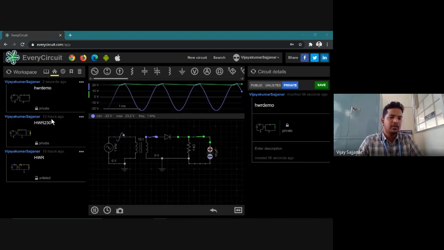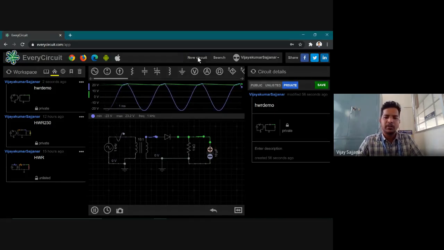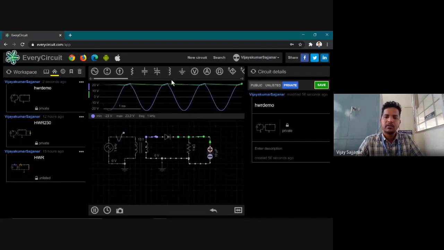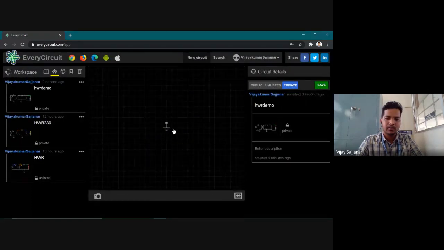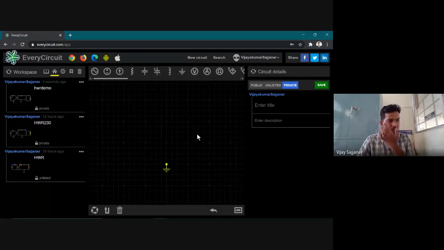So we'll go with seeing the Zener diode. What I will do is I'll take a new circuit. I'll just save this. We'll try to learn the Zener diode by using a constant input signal. That will help us in understanding the Zener diode in a better way. Then we'll try to add it to our circuit. If time permits, we'll design our circuit completely, or else many applications are available where the circuit is ready. We can just use it. We have a very good community. Till then, we'll try to see how the Zener diode is going to work.